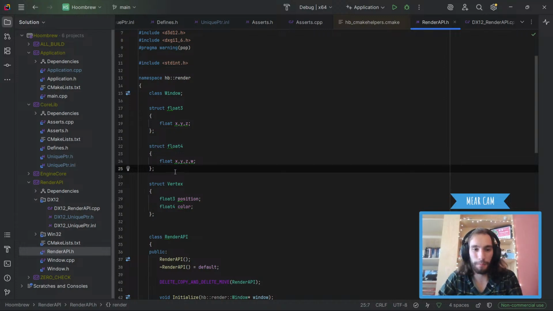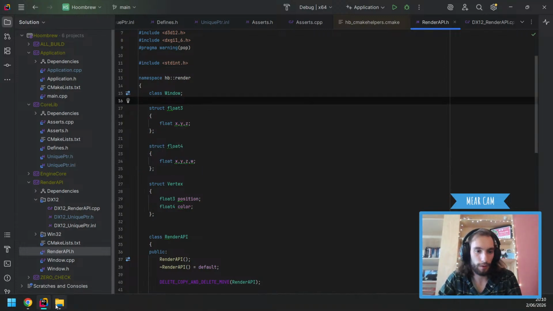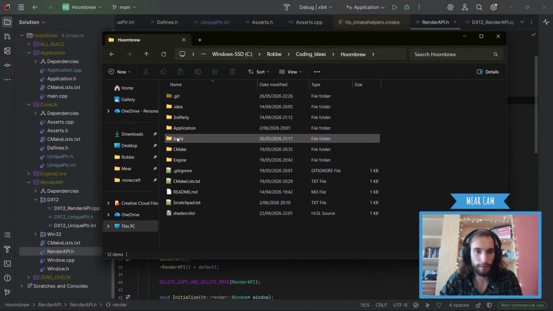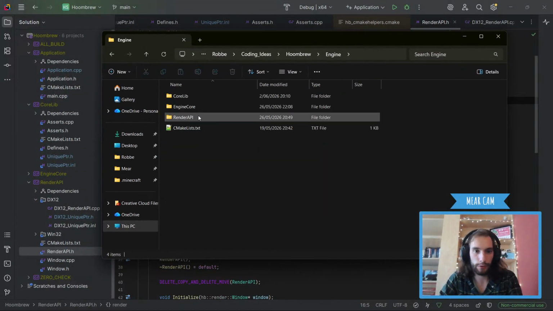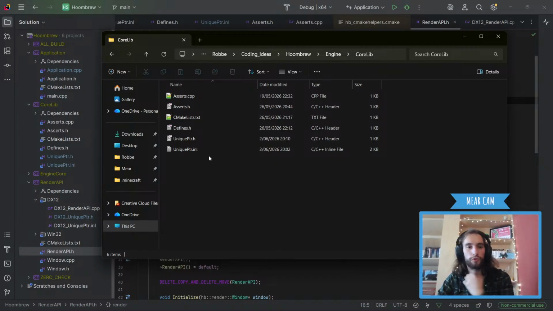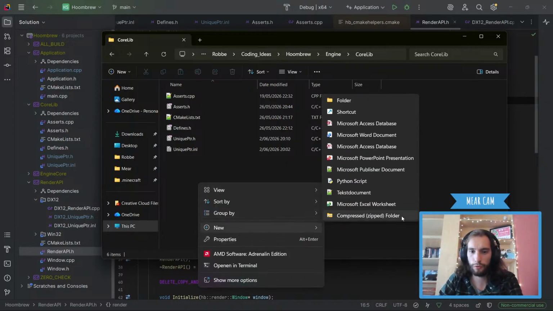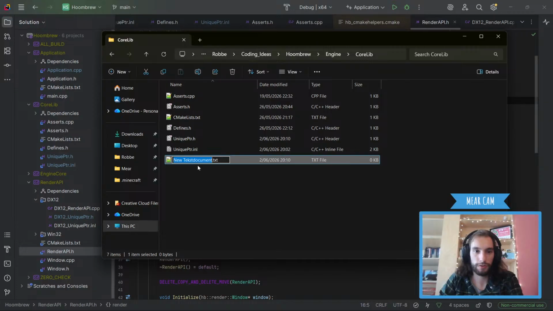Okay, so we're gonna start by opening a good old Explorer, going to core library, and we're gonna put two structs in here, I think, which is, can we just define them in one? Maybe. But let's keep it separate for now. So we're gonna create two new files, which is just a text document.